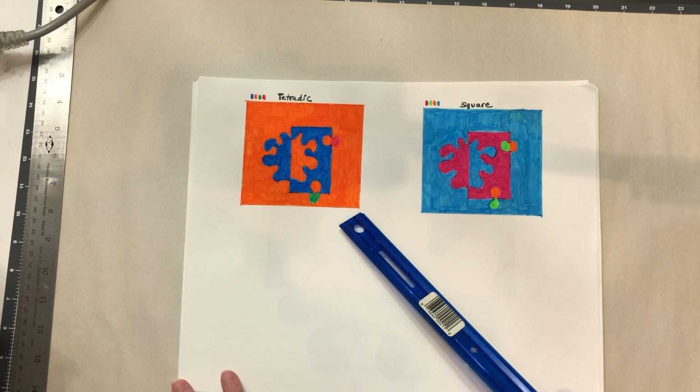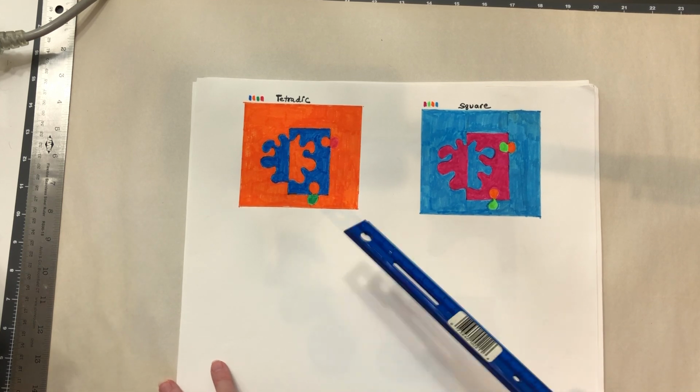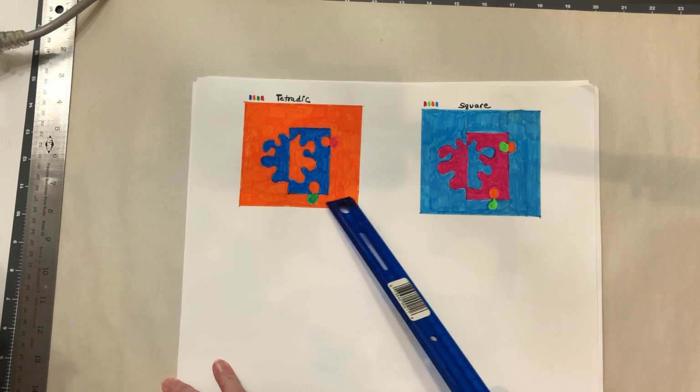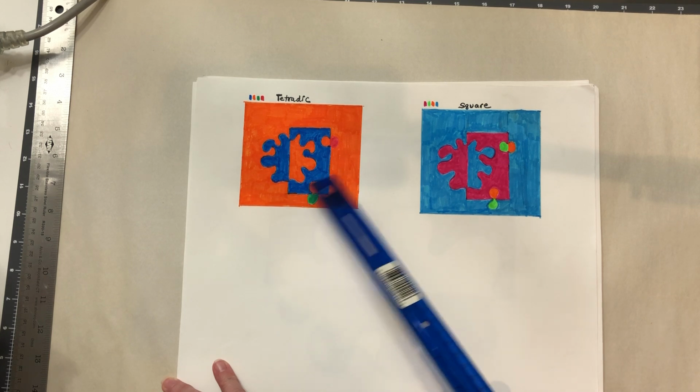Now for the tetradic design, they recommend having one color dominate, so it's a little bit easier to manage the balance and everything. Again, that just depends on the saturation and everything else that's going on. But I did do that in this one. I have the most quantity of orange in this one, and then I have smaller quantities of